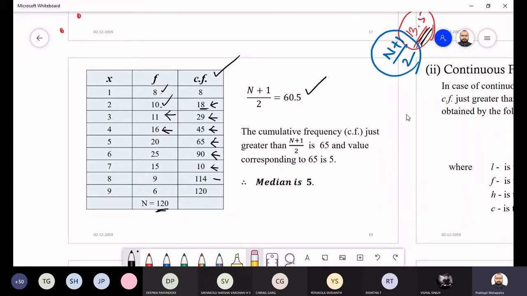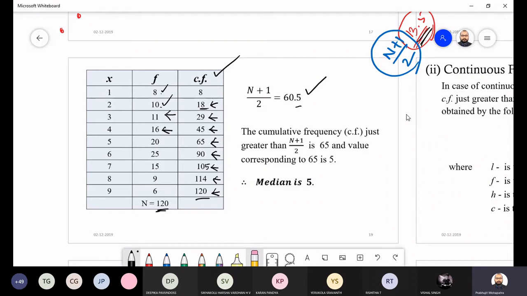10 plus 9. So, okay, so here they have made some mistake. So 90 plus 15, it should be 105. Sorry, 105, yeah. So I think they have made a typing mistake. 105. So 105 plus 9 equal to 114. 114 plus 6 equal to 120. So total you are having 120.